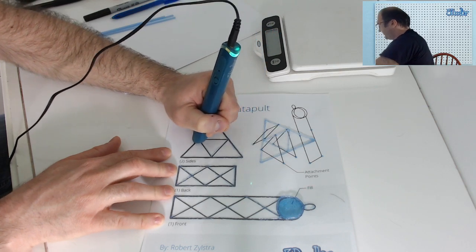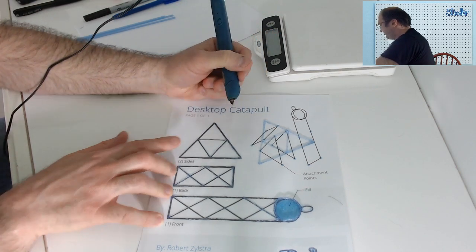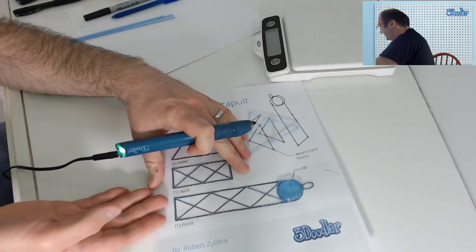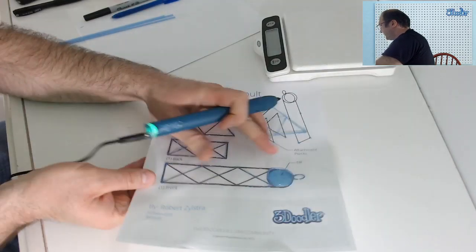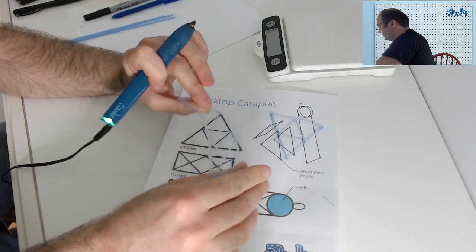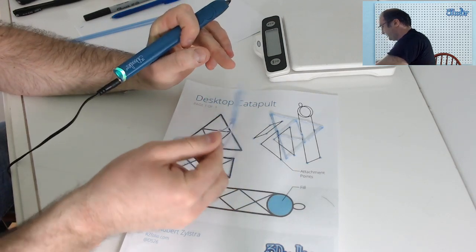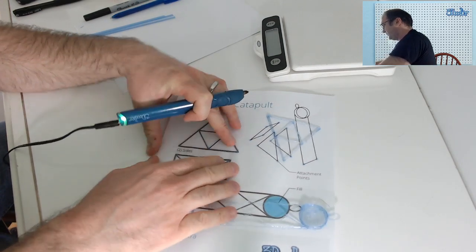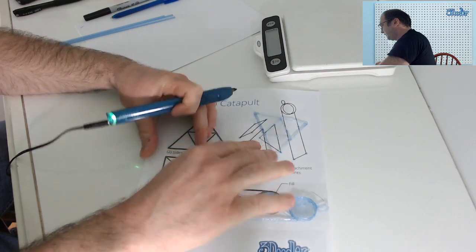All right. So now this is all filled. We can just round it off. You can see that it's quite springy. And same with this piece. And that's